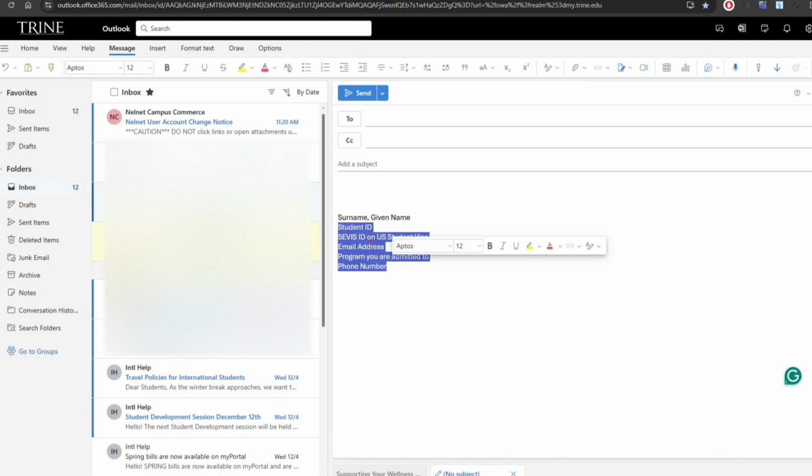And that's it. This is how you can set up the email signature block when you are in a US